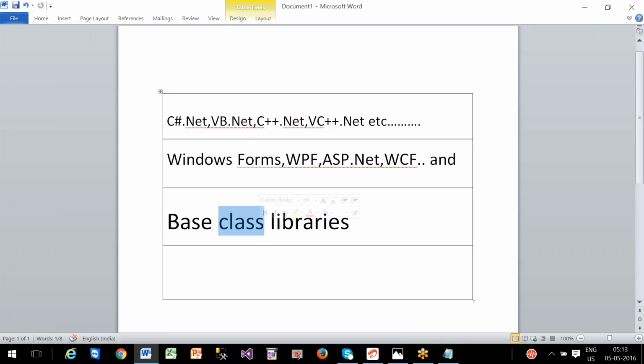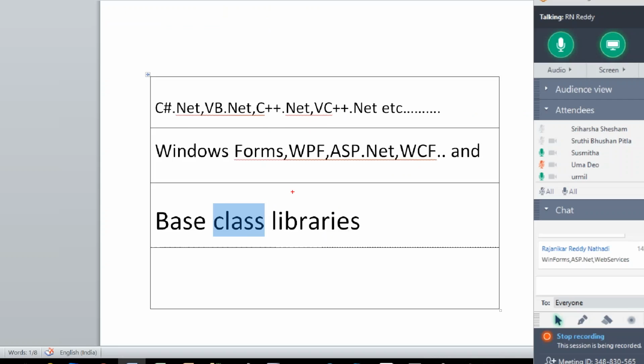Those class libraries are of two types. One is predefined, one is user defined. Predefined means Microsoft has given, user defined means the programmer has developed. With this we can say one simple statement, because the importance of this is more and more. Here you may have a bit of confusion if you are coming from a non-IT background. You don't need to worry. When I start the language, I'll give you clarity on all these things, but up to that point